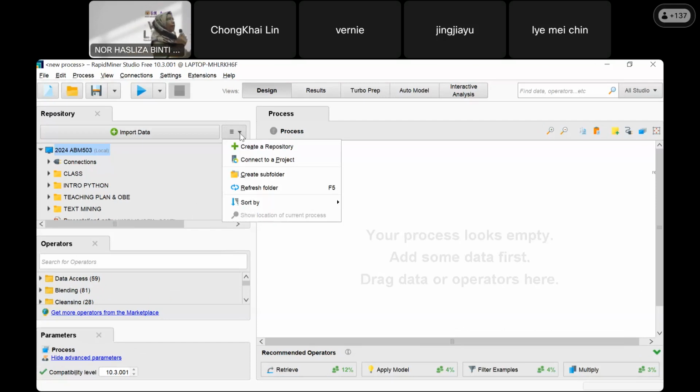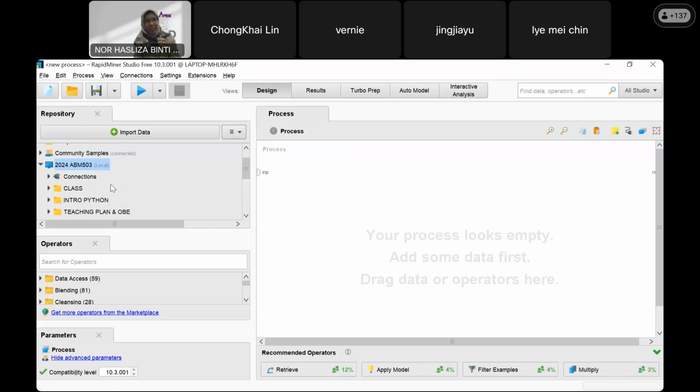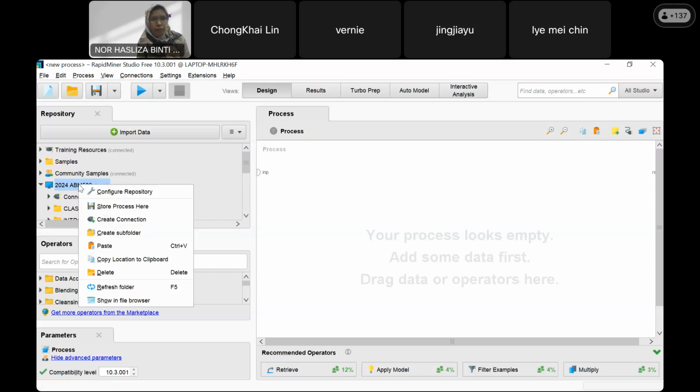Actually, for us to easily locate our files from RapidMiner, usually we have two different folders: one is process and the other is data. Because mine has other subfolders here, if you right click here, you can create a subfolder.